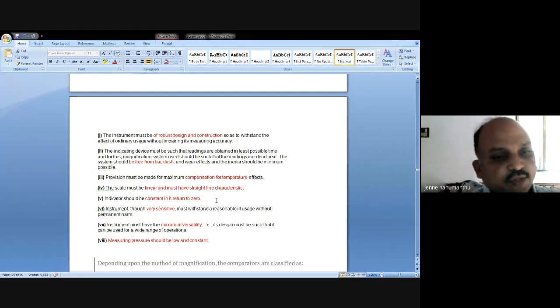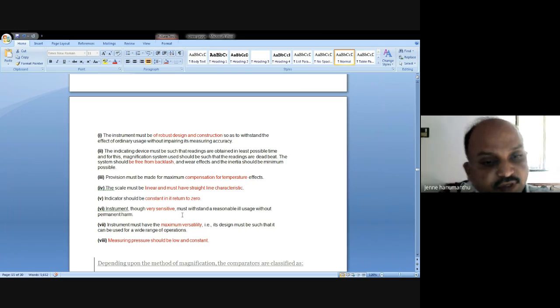The instrument should be sensitive. It should be highly sensitive. If it is not sensitive, then if there is a rough surface, it doesn't show rough. What is the use of the instrument? If it is a rough surface, it will show rough. If it is a polished surface, it will show polished surface. Otherwise, if it is not showing any value for variation, the rough and irregular shape, what is the use of this instrument? So it should be very sensitive.